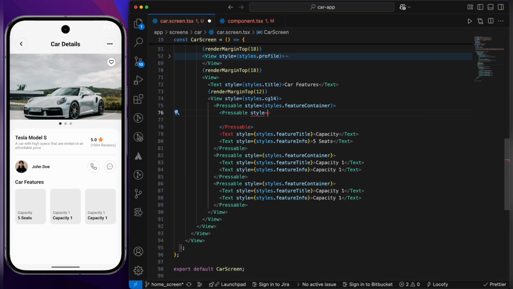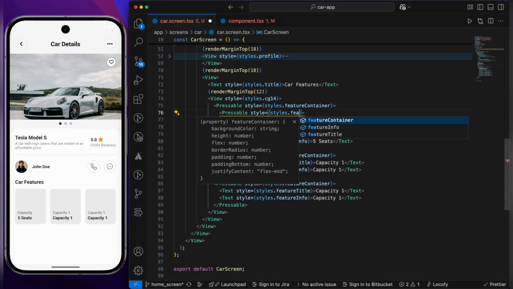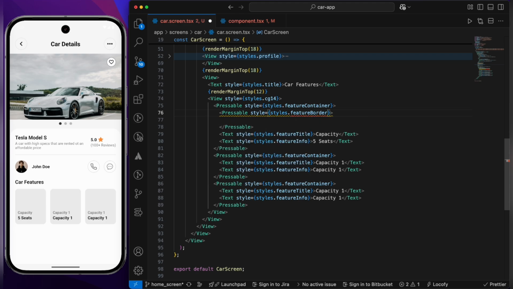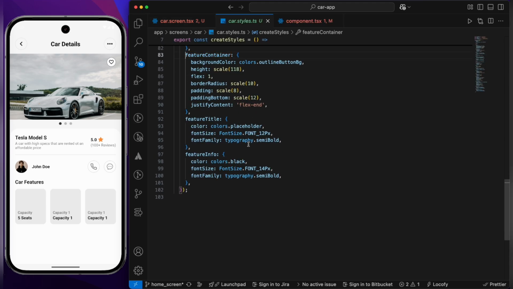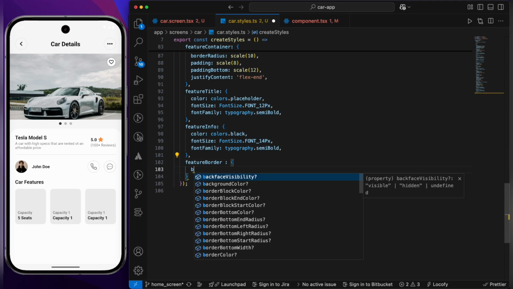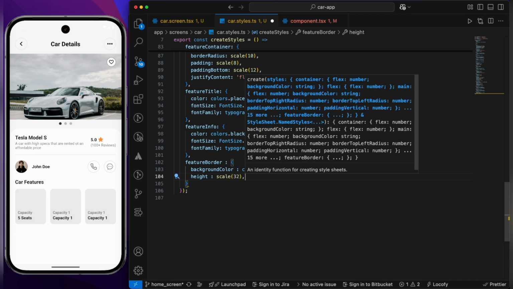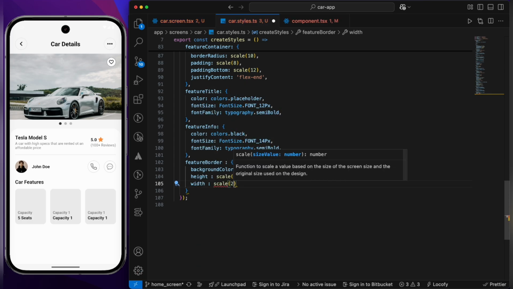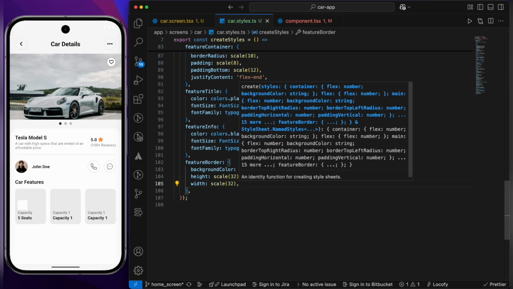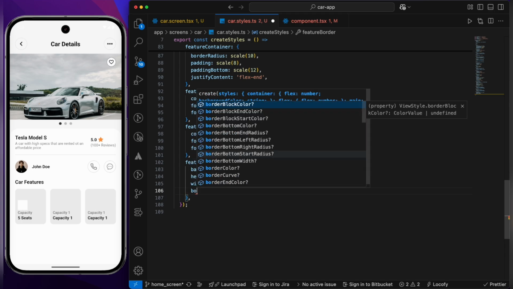Let's name it something different, feature border, or you can say feature icon. I'm going to add a background color, which is colors dot white, and height will be 32, width will be scale of 32, border radius